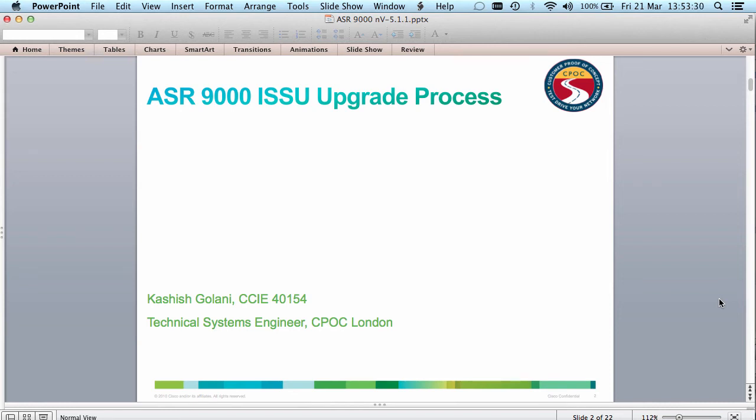I'm going to show you the process of upgrading the iOS XR software on the ASR 9000 using the ISSU process. While doing this upgrade, I'm going to have traffic running in the network, so I can even show you the downtime that you will see in your network when you upgrade the software on your router